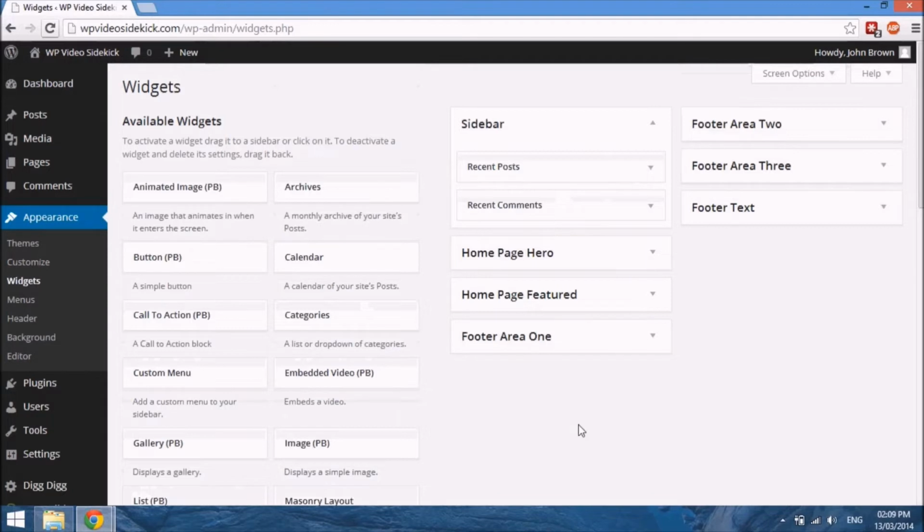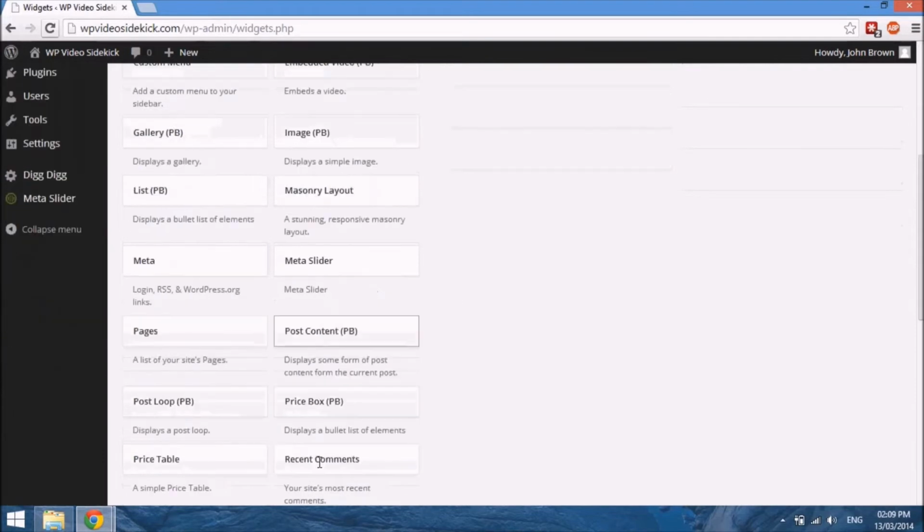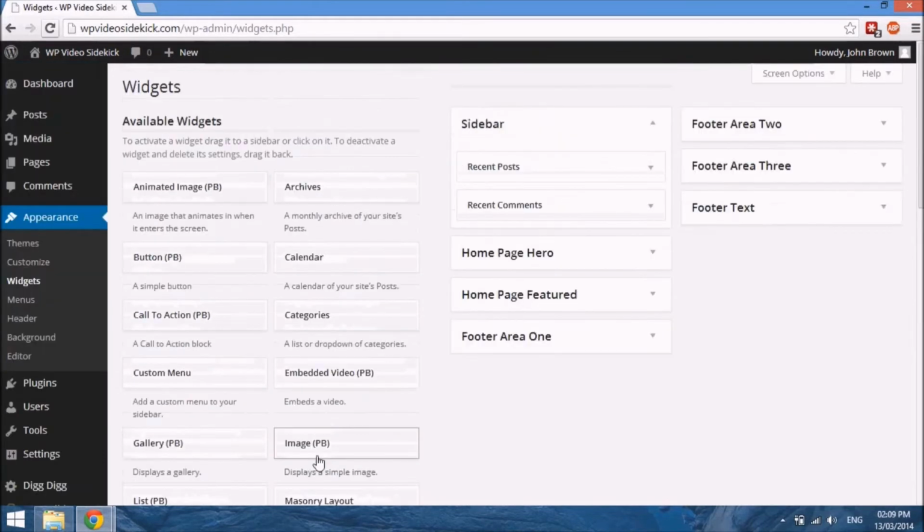So essentially, even if you don't use it to build pages, you could just use it to customize your widget areas. So for example, if you wanted to add an image or some embed code, such as a video, or if you wanted to add your autoresponder,